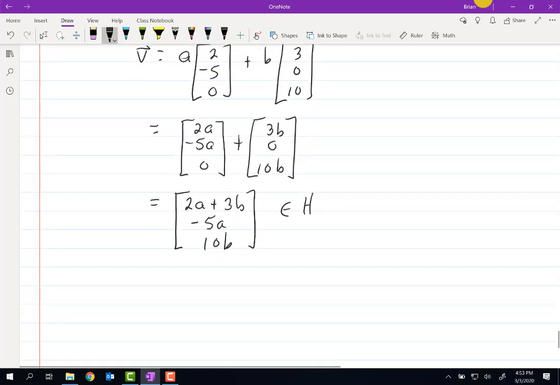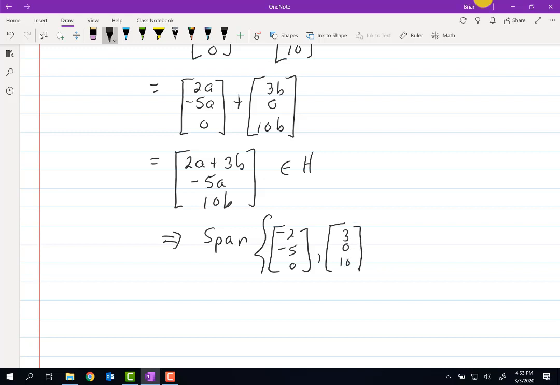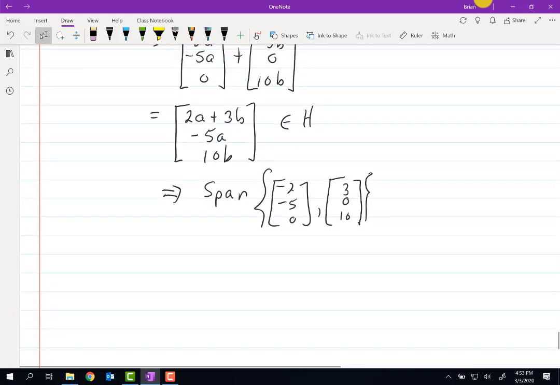So what I've done is this implies now that the span of, what was it, 2, -5, 0 and 3, 0, 10